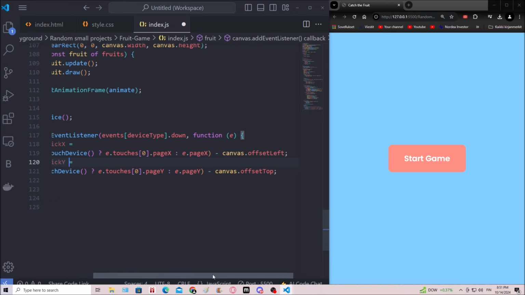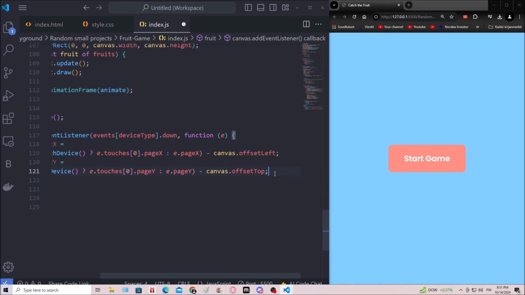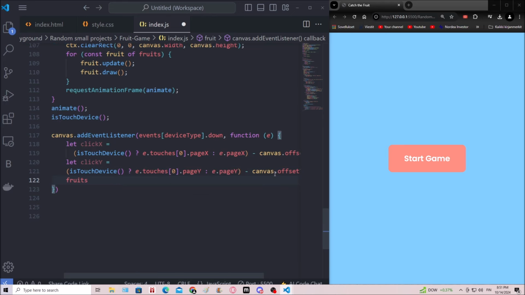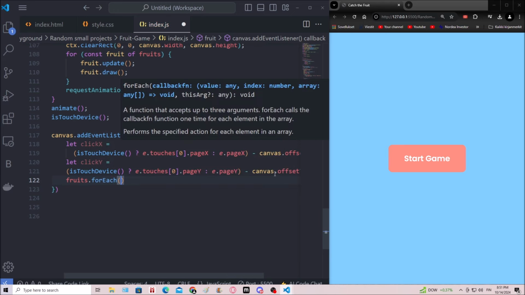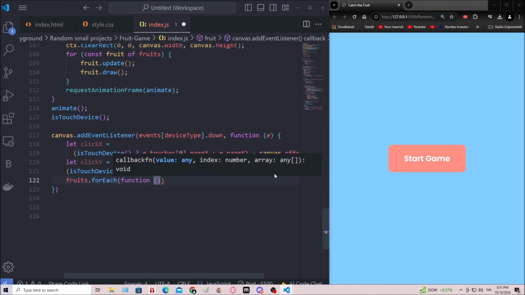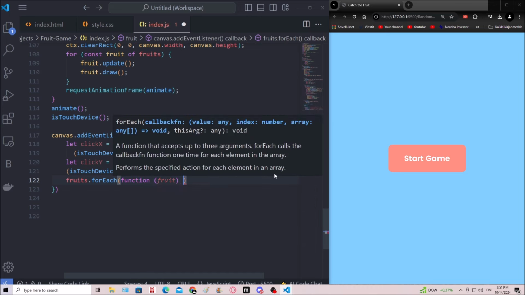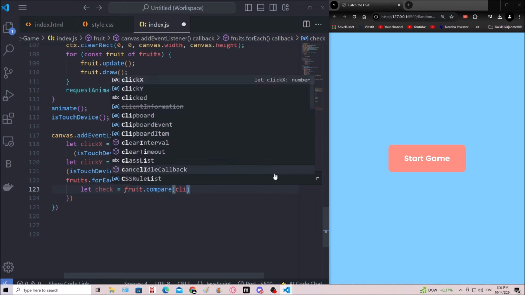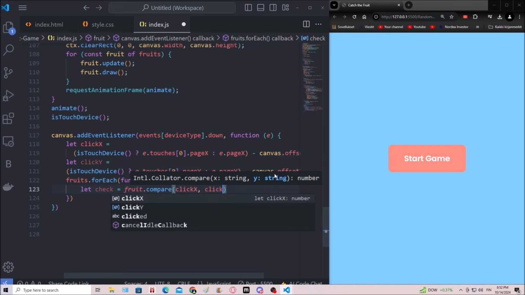Then we're gonna take the fruits. So fruits.forEach. Let's use the forEach method. We're gonna do a function, and we're gonna take one parameter, fruit, and then let check equals fruit.compare, click x and click y,